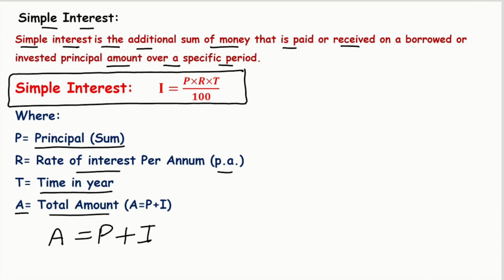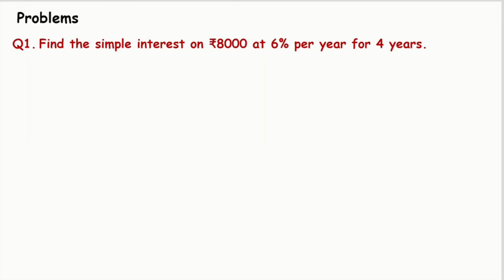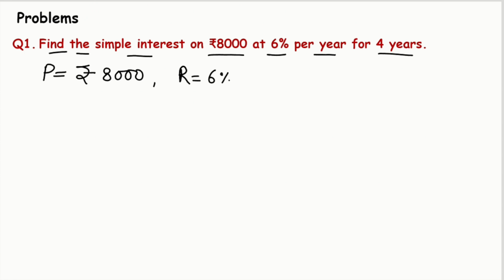So these are the basic terms which we use when we calculate the simple interest. Now we'll see a few problems on the same concept. Find the simple interest on rupees 8,000 at 6% per year for 4 years. So what all we have here? We have principal amount which is rupees 8,000, rate of interest which is 6%, then we have time which is 4 years,